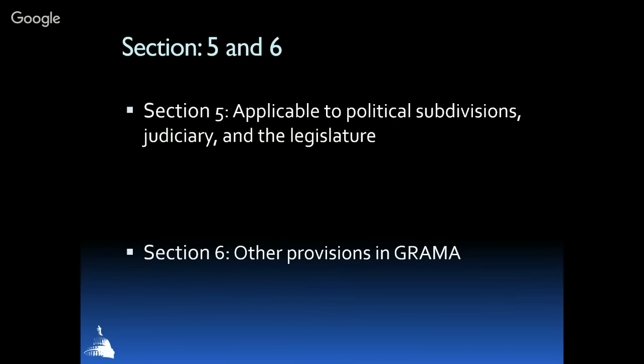Section 6 in the training manual lists 4 parts not included in the records access certification. These sections might pertain to your duties, so it's important to review them, which are the State Records Committee duties and configurations, collection of information and accuracy of records. This is a provision that identifies the rights of individuals. Remedies. This provision defines criminal penalties and liabilities associated with violations under GRAMA, and public associations. This section states that public associations are subject to the act in specific circumstances. One example that they have in there is this section was added for the 2002 Olympic Winter Games Committee.